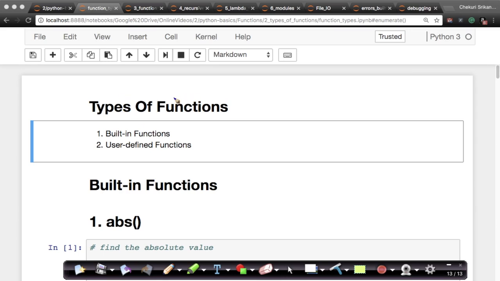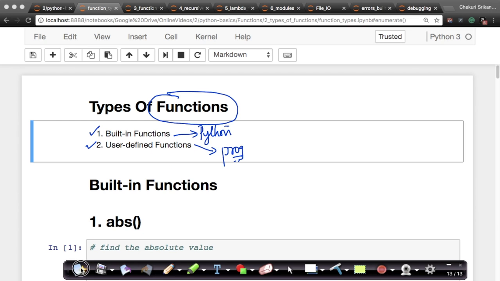So functions in Python are just like functions in any other programming language, as we just saw. There are two broad types of functions. We have built-in functions and user-defined functions. Built-in functions are inbuilt into Python and they're extremely useful, as we'll see a little later. User-defined functions, on the other hand, are defined by the programmer and they can be used for different purposes as compared to built-in functions. We'll see a few examples of each of them so that we have a better understanding